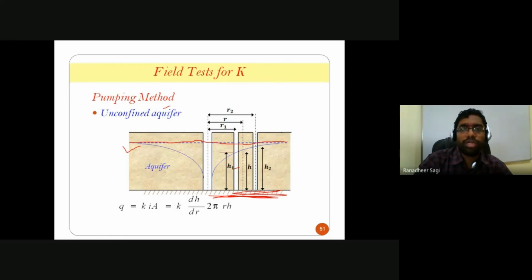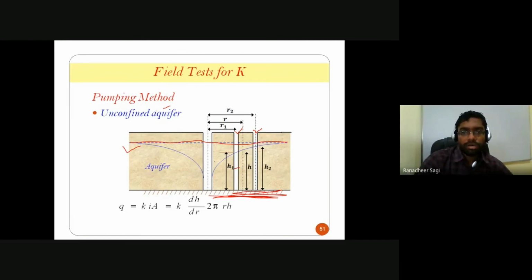You made a borehole into the ground. Water started to seep into that borehole, and in order to understand what the head levels are in the nearby soil region, you are trying to make two observation wells to understand how the water levels in those observation wells are varying over time.